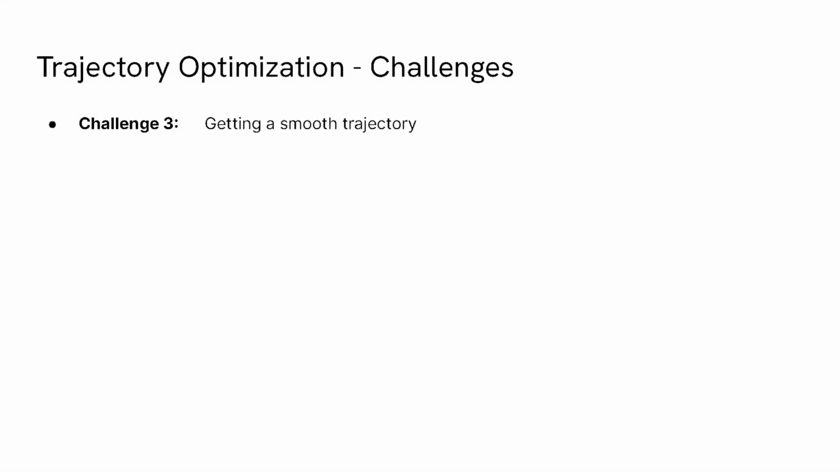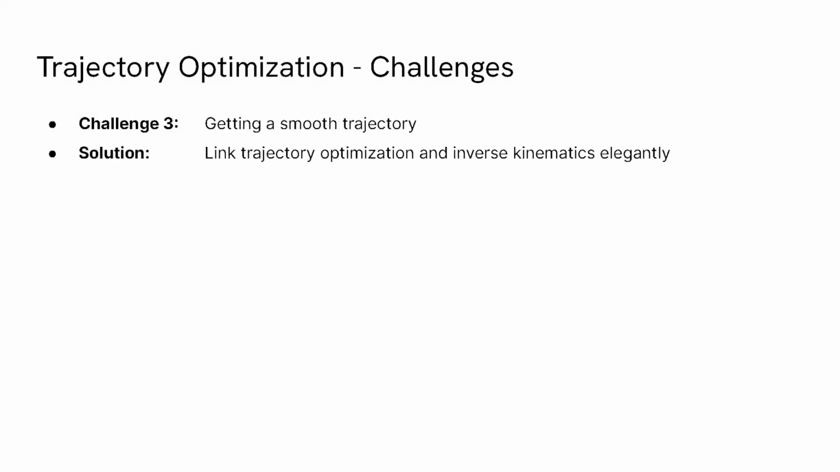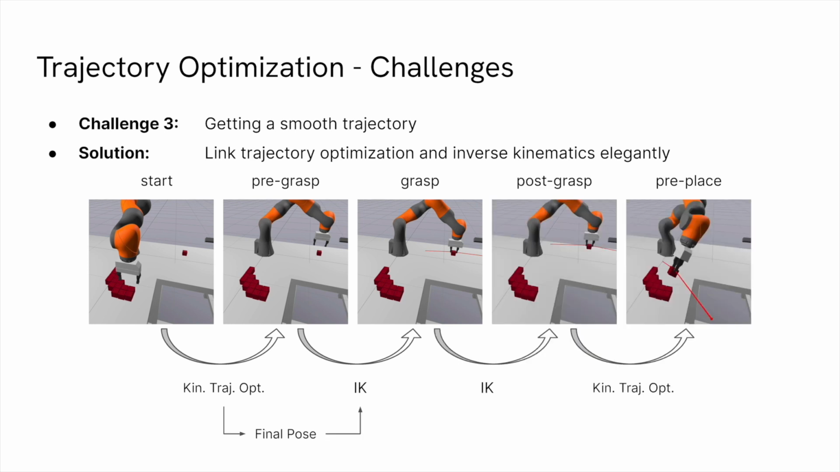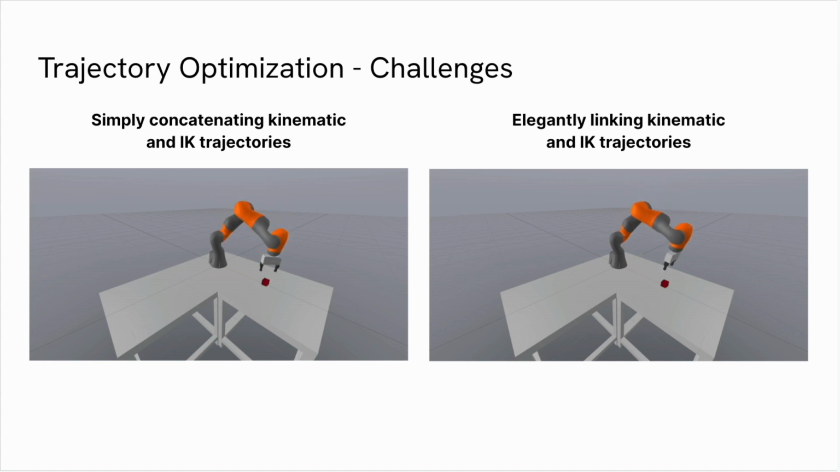The third challenge is producing smooth trajectories. Linking kinematic and IK trajectories elegantly solves the problem. When transitioning from kinematic trajectory to IK, we use joint positions to query the final pose of the gripper and pass it to the start of IK. From IK to kinematic trajectory optimization, we set the IK final joint positions as the initial guess of kinematic trajectory optimization. This gives us a smooth trajectory, and the IWA robot arm is able to pick and place the cube